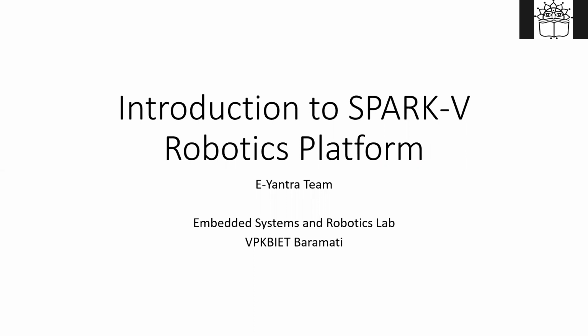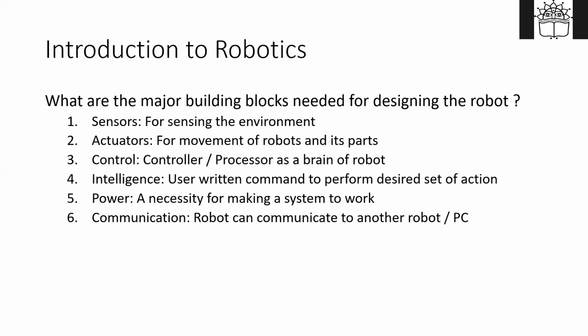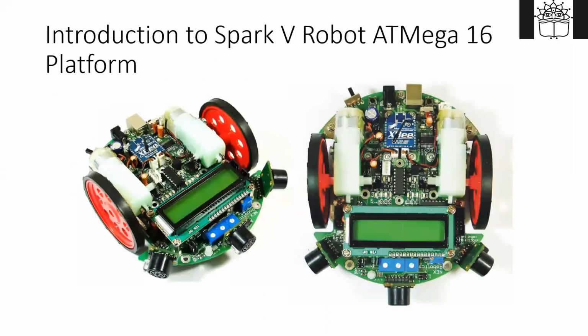Similar to the previous robot, the Firebird V, there is a second robot, which is the Spark V robot. We are having 5 Spark V robots and 7 Firebird V, so totally we are having 12 robots in our lab, which we can program and which we can check, right? We can test our programs. Spark V is comparatively less costly than the Firebird V robot. So all parts are similar. Only the microcontroller is ATmega16. So these are the details of the robots.